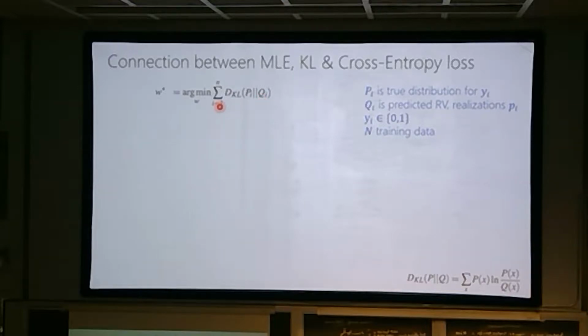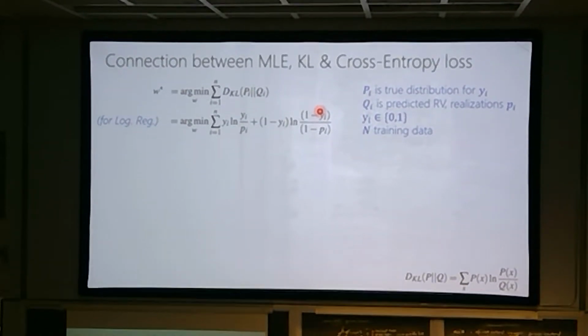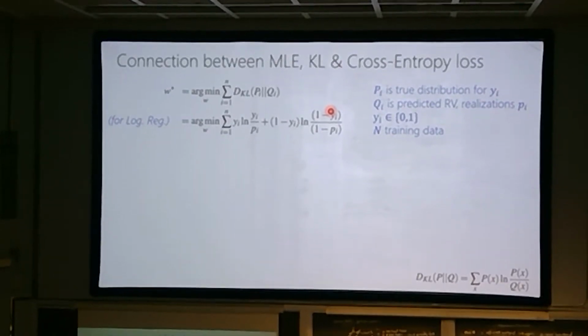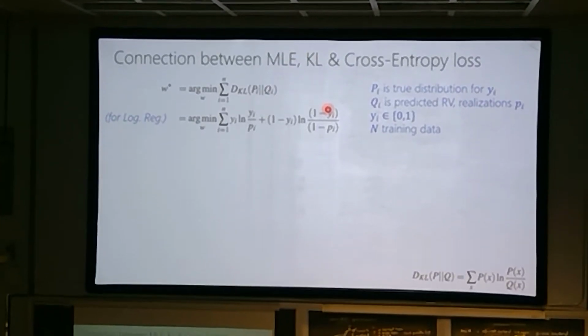So if we didn't start with the maximum likelihood, or the likelihood as a loss, and we started with this loss, then we would say that pi is just the true distribution, so it doesn't have any of the parameters we care about, but it models the true distribution, and it will have, therefore, the true labels in it. And qi is the thing that is going to be predicted, if you will, by the parameters of the sigmoid. And so the idea is to adjust the parameters of the sigmoid until it looks like the training data. I think intuitively that makes sense, right? We're trying to make the distribution of the predictive model match the distribution of the labels. That's all this is saying, with this particular way to measure differences in distributions.